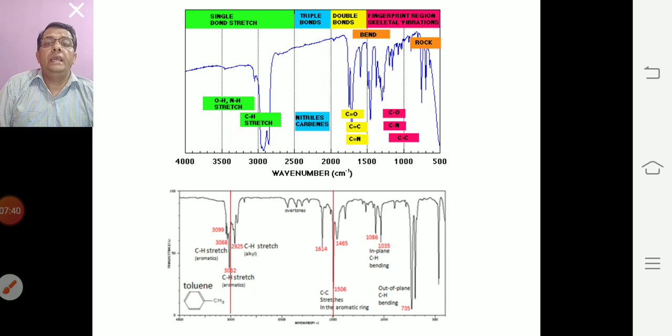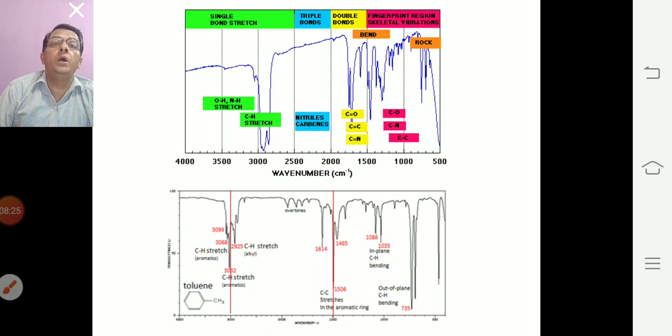A little before 3000 per centimeter, we expect sp3 hybridized carbon, that is an alkane atom attached to hydrogen. Sometimes they are smaller or larger than other signals. And a little bit after 3000 per centimeter, we expect sp2 hybridized carbon, alkene atom attached to hydrogen, and after sp3 and sp2 comes the sp hybridized carbon, that is alkyne atom bonded to hydrogen, and then further past 3000